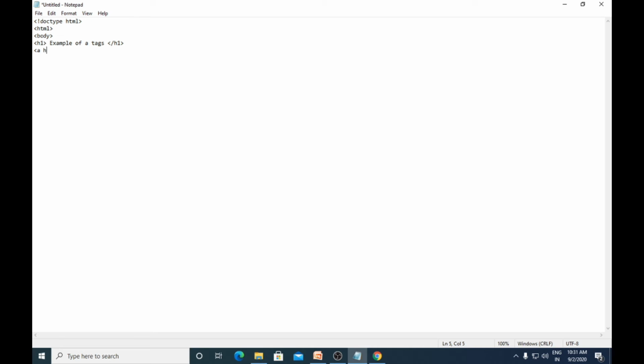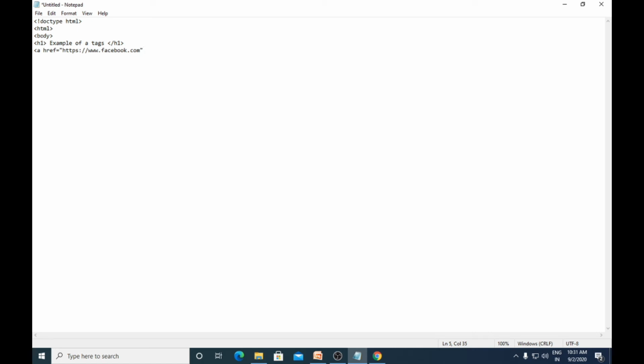Write the href attribute equals to double quotes, write the entire link name, https://www.facebook.com. Close the double quotes. Value should always be in double quotes.